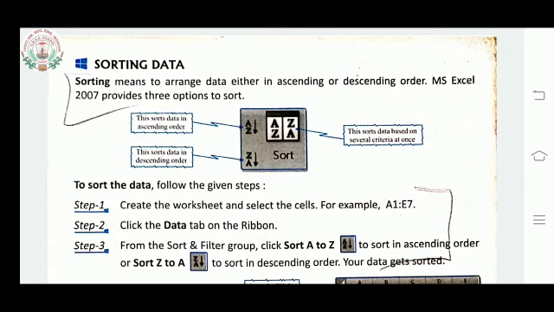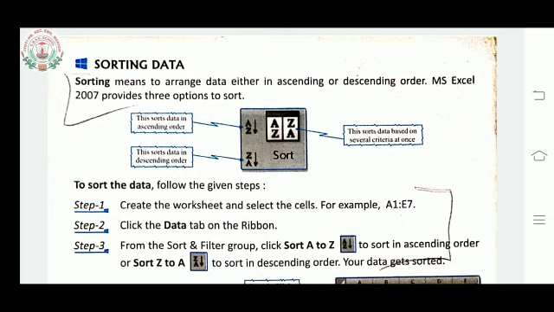Then AB, like Abhishek, then suppose Achal, then AC. In that way the order will be given. In that way teachers arrange your names and give you roll numbers. Then B will come, then C, and so on. That is called sorting.